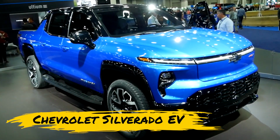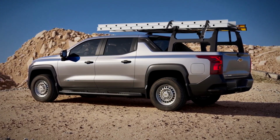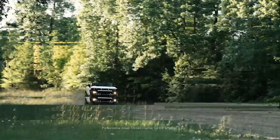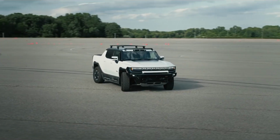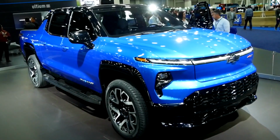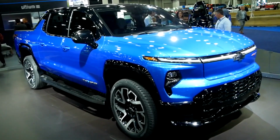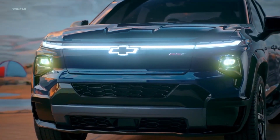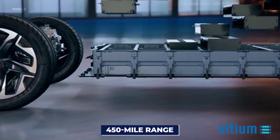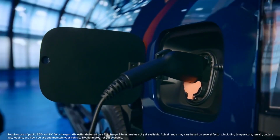Chevrolet Silverado EV. Alright, truck enthusiasts, rev up your electric engines because Chevrolet's 2024 Silverado EV is riding into town. Think of it as the classic Silverado's electric cousin with some genes borrowed from the mighty GMC Hummer EV. But this isn't just a pretty face. It's got a throwback midgate design, giving a nod to the iconic 2000s Avalanche. With a battery that boasts a whopping 450-mile range and a lightning-fast 100-mile charge in a mere 10 minutes, this